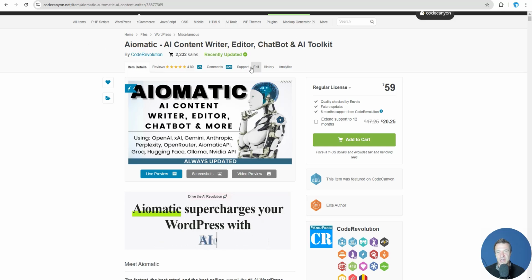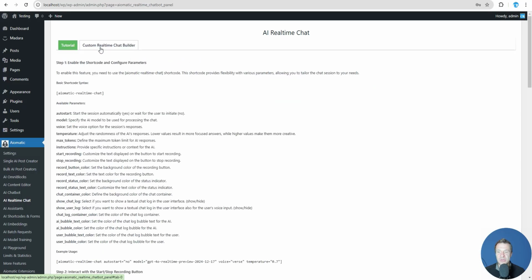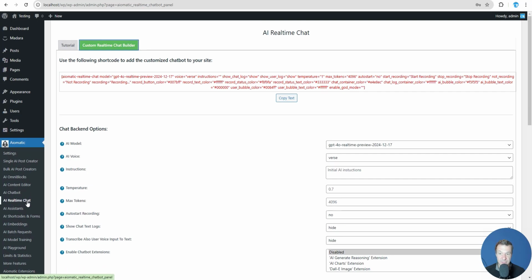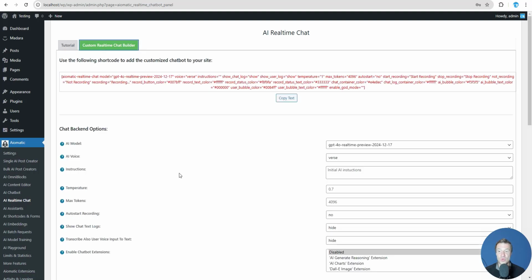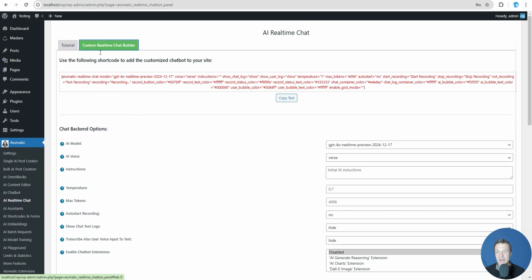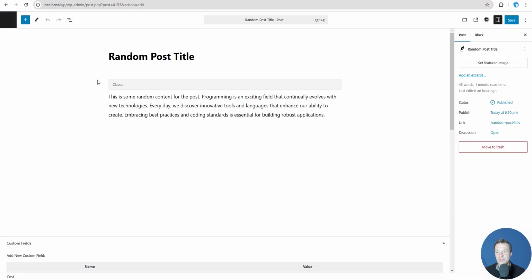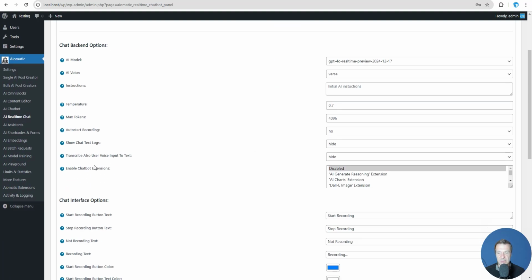And we have here a new update for Aimogen, and starting from now you will be able to use tools in the AI real-time chat. So the AI real-time chat will be able to give you access to tools, and let me show you how this will work. You will be able to create a custom shortcode in the custom real-time chat builder and use it on a post. For example, on this post, let's create a shortcode and let me demonstrate the chatbot extensions feature in the